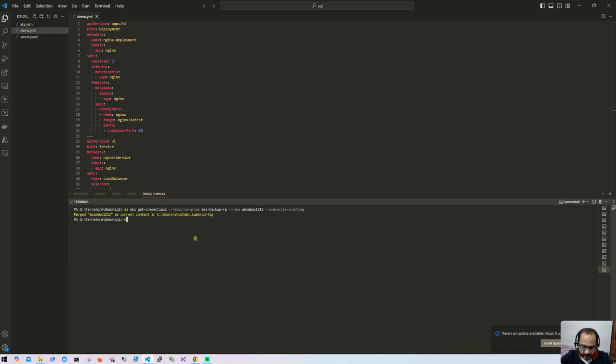Okay, so if I run kubectl get pods, we can see no resource found in the default namespace. If I give here -a, sorry,